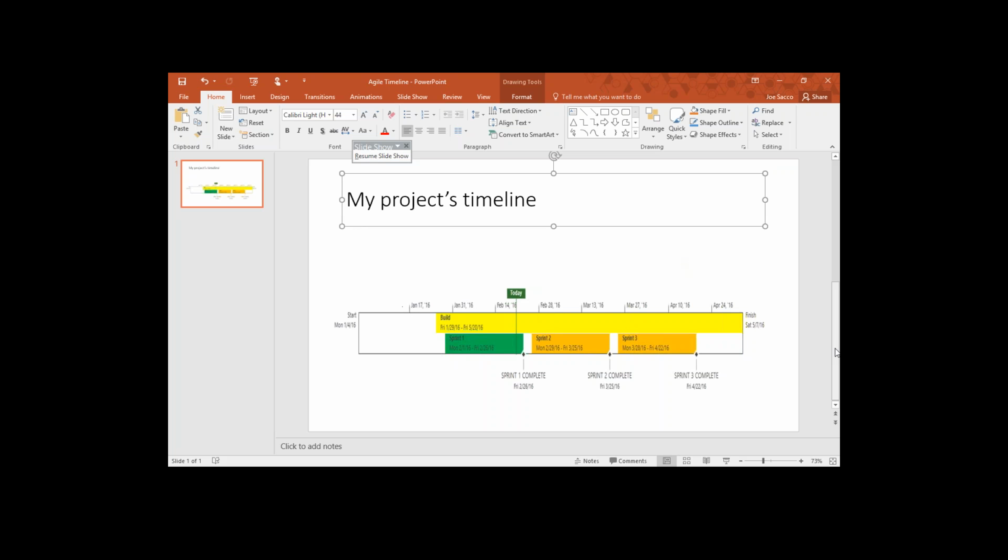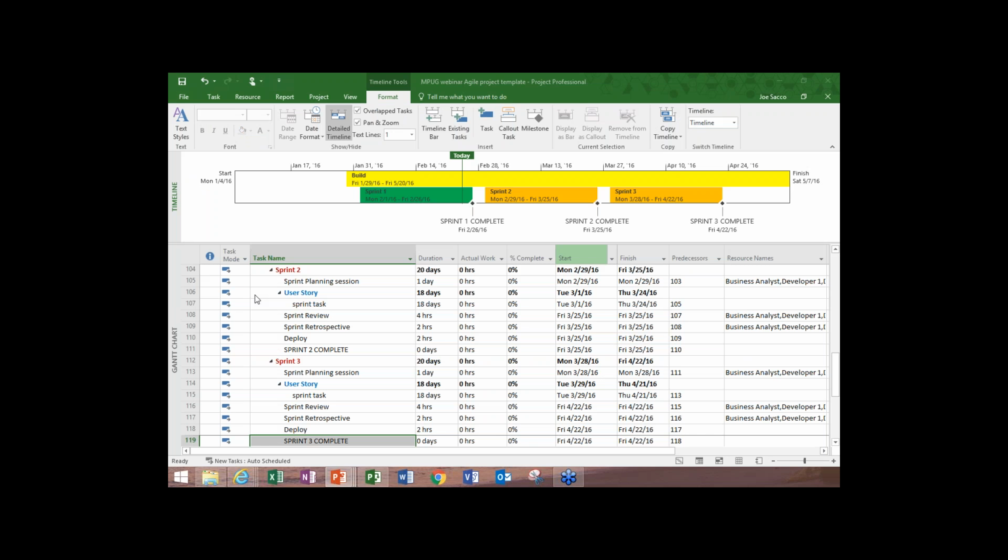But just from a bird's eye view, your management team now knows when you're going to finish. And they have an idea of how things are going, how long the build phase is going to last, for instance. So again, a great feature, definitely worth looking into. If you're not using the timeline right now, I would suggest you do use it. Very powerful feature. All right, let's go back to the project.